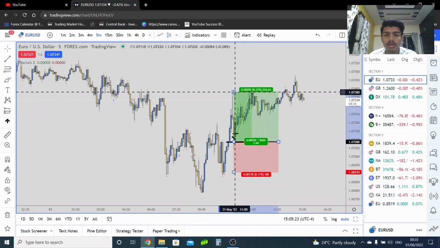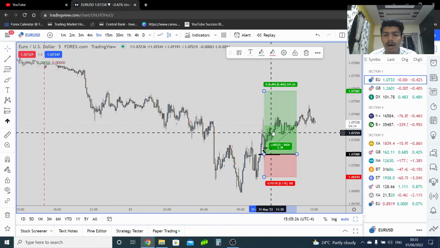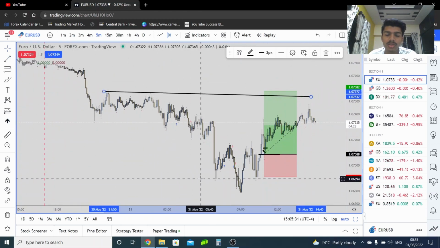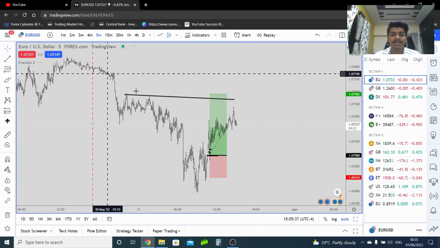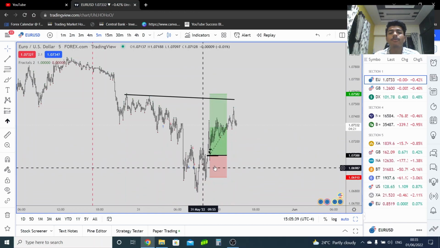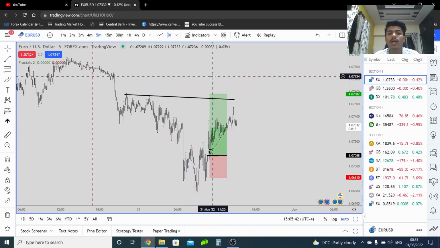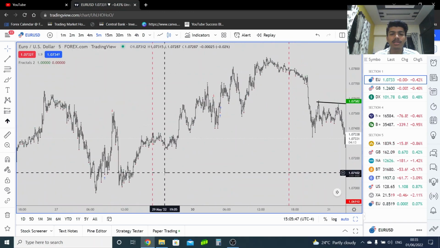Simple. And like this can be partials, and then this is the ultimate target. So this is how we are trading, we are not chasing the market. Once the market maker sell model is complete, then we are looking for buys so that the market creates a lower high to go down. And once the market maker buy model is complete over here,